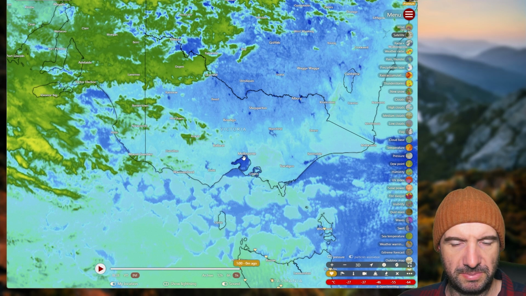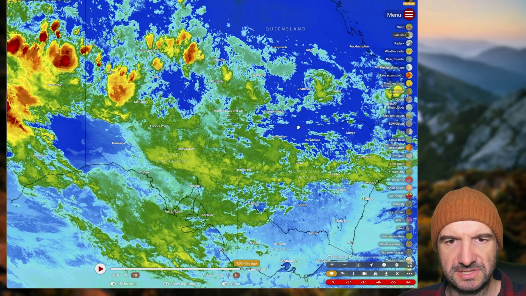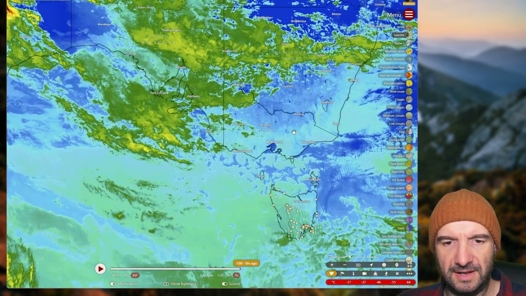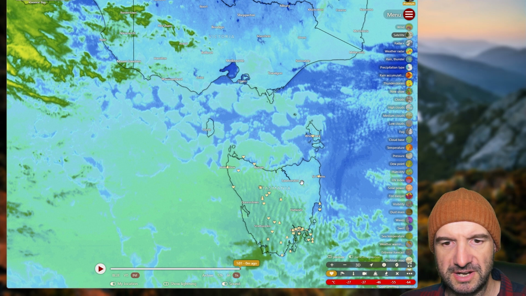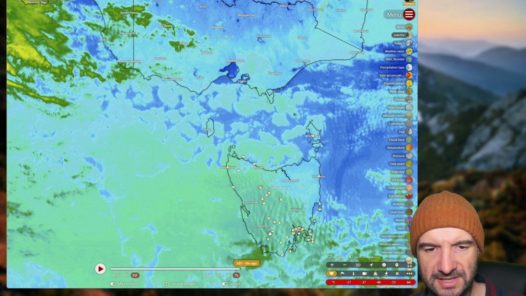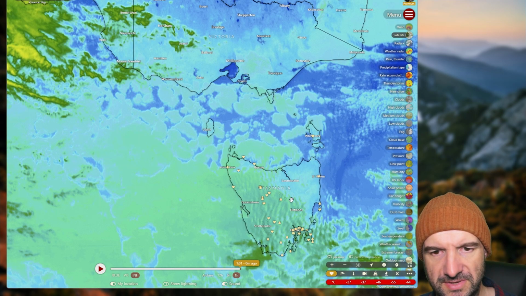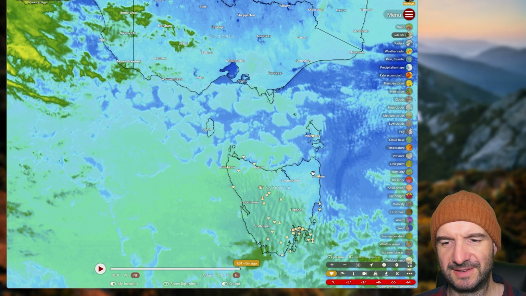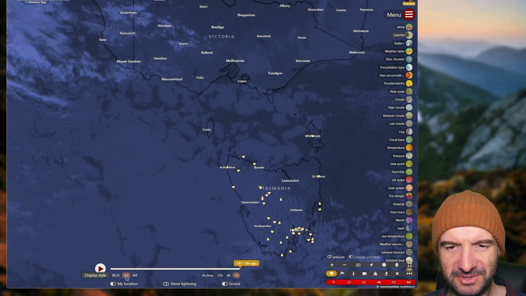Here you can see these dark patches of dark blue, which really indicate very clear skies, and so you can see that this is really super clear here. So you can sort of infer from that over Tassie, even though there's a little bit of a blue coloration there, it's probably still going to be relatively cloudy there. And you can also get some temperature readings there, which can also help to indicate that. If you go to the visible here, it might look like that's actually quite clear there in the visible, but the infrared is saying otherwise, and so it just gives you a level of